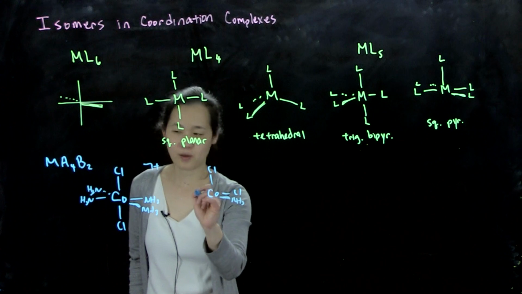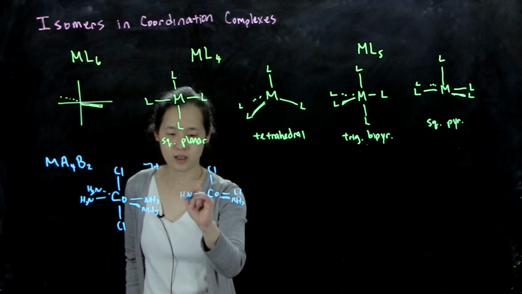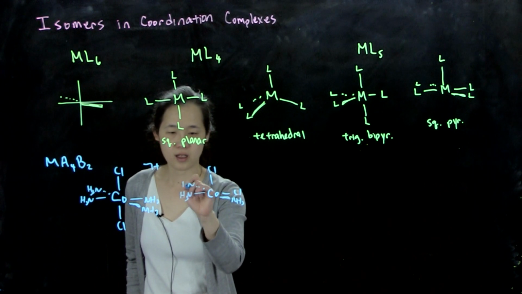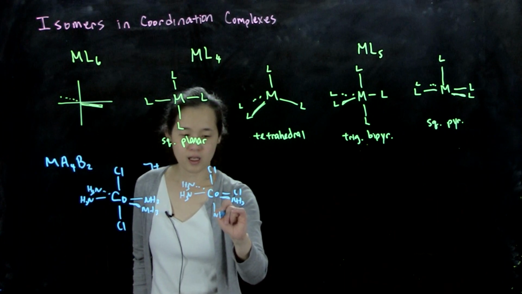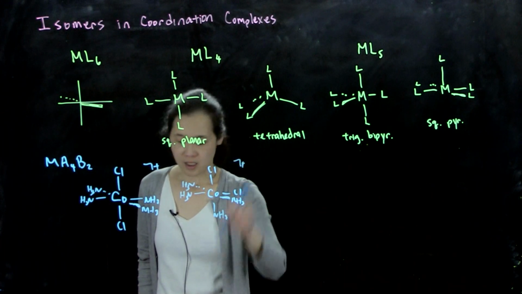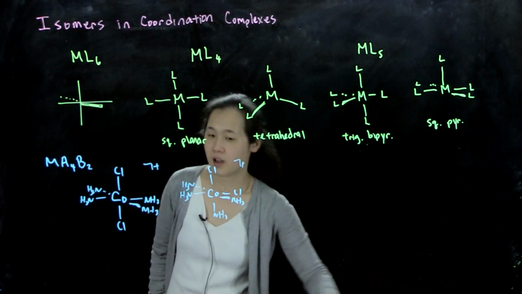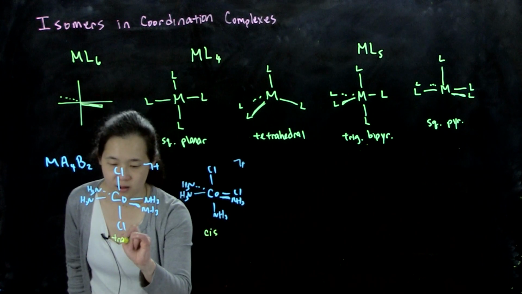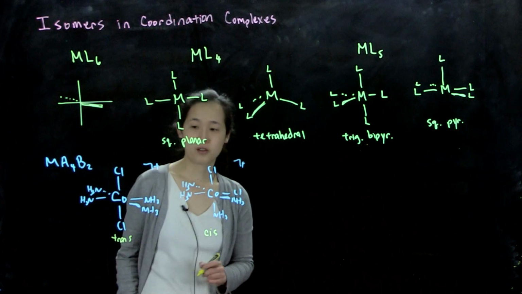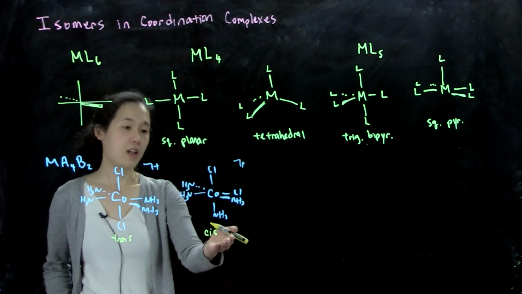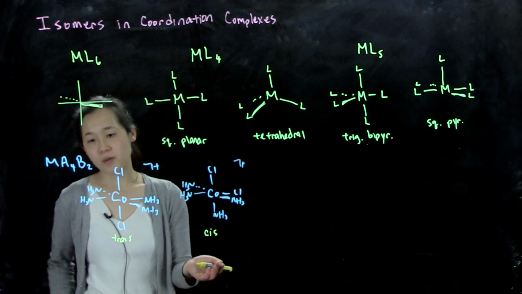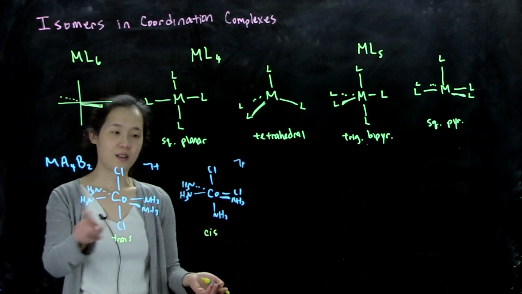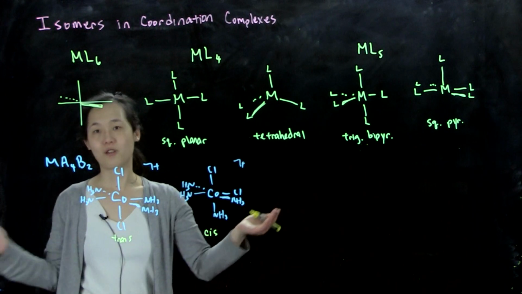Those are ammonias, by the way, NH3. This would be called cis, and this would be called trans. Trans, they're across from each other, and cis are next to each other. This is determined by the chloride ligands because the ammonia ligands are just wherever the chlorides aren't